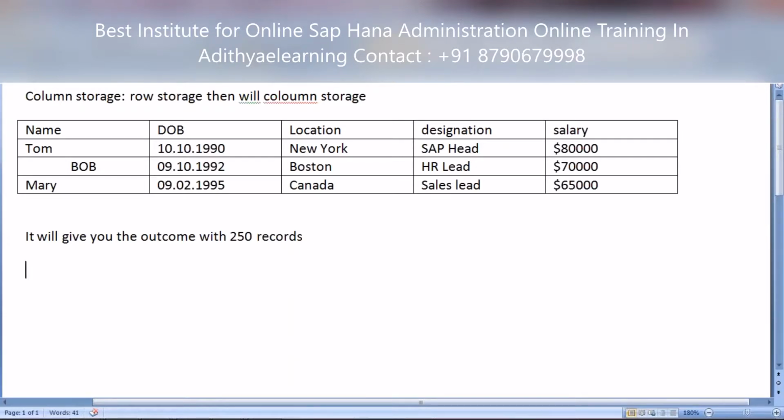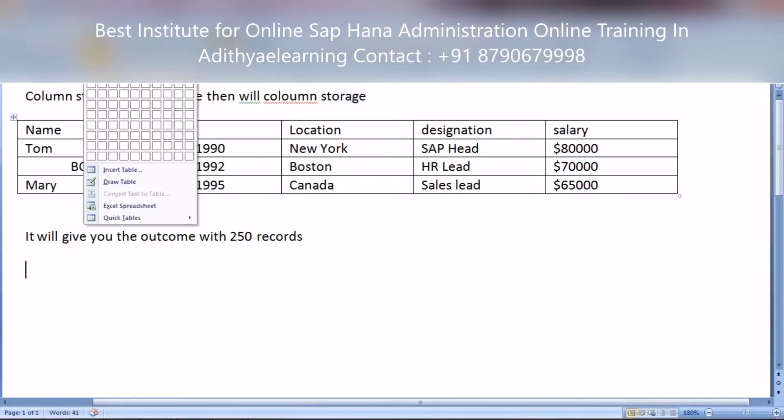But now HANA has come up with columnar storage. This is row storage. Now we'll see what is columnar storage.